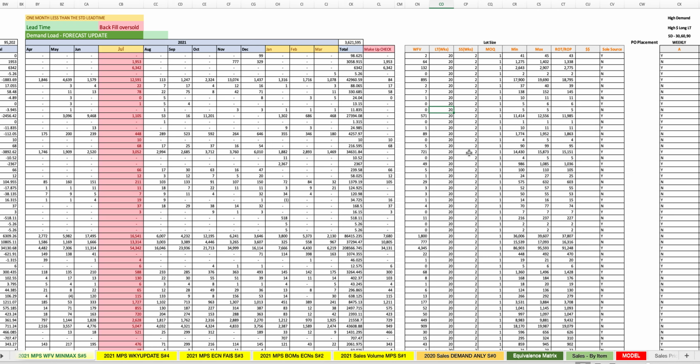It's not 20 weeks, it's probably 8 weeks or 6 weeks, whatever it is. And then you establish a safety stock. So this safety stock account, and we discussed that for the pre-processing and post-processing lead time. So you add to the 20 weeks 2 extra weeks to be on the safe side. And then based on that, and an MOQ, you establish a minimum